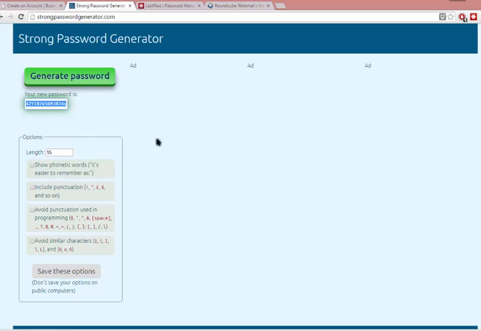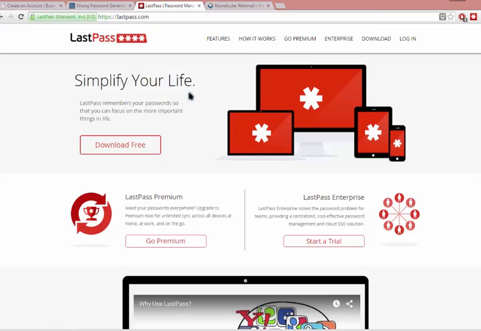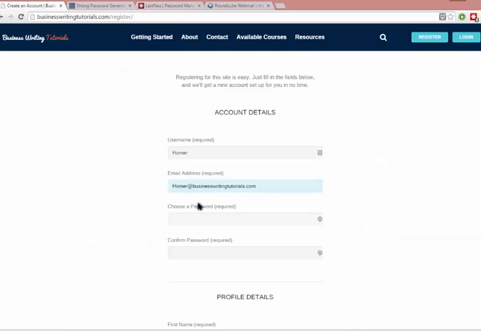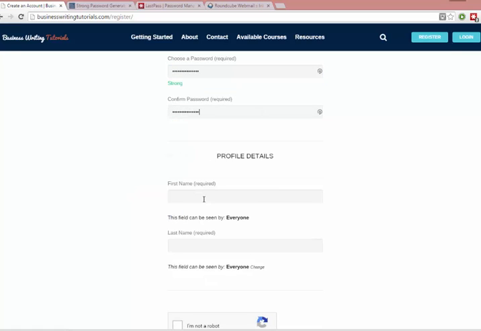If you want to manage your passwords and you don't have one of those password managers, there's a free one called LastPass that I use that seems pretty good. Works across all my browsers. I like it. Okay, so enter your password, note it somewhere if you need to, and just put in your